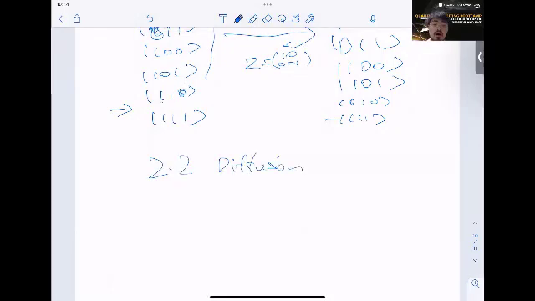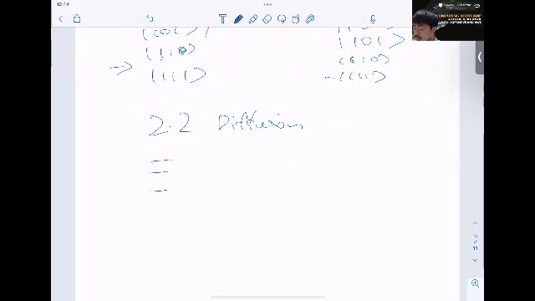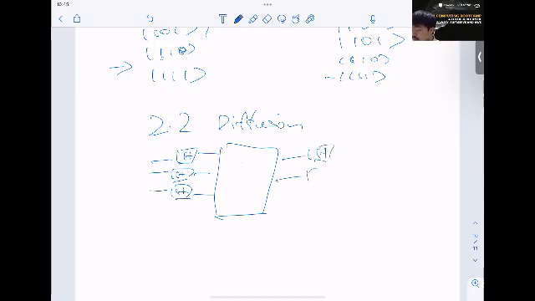Okay, so for the diffusion operator, what you need to do, if you remember the circuit, is basically Hadamard, Hadamard, Hadamard, change something, and Hadamard, Hadamard, Hadamard. Okay. In the interest of time, I'm just going to give you all the answer, which is basically